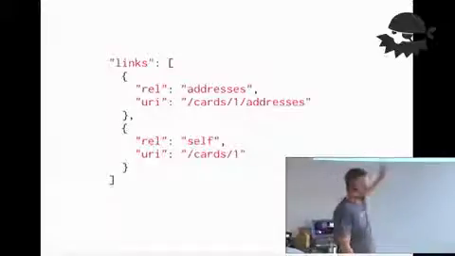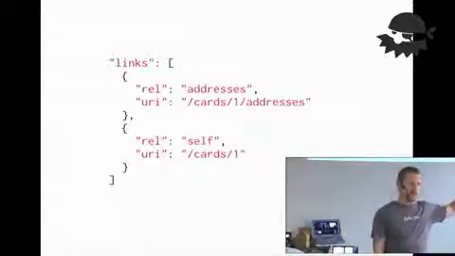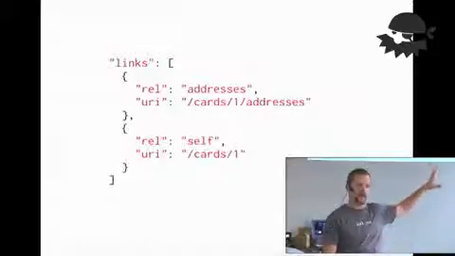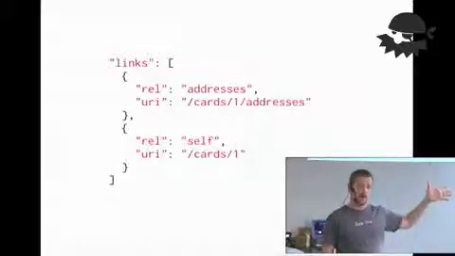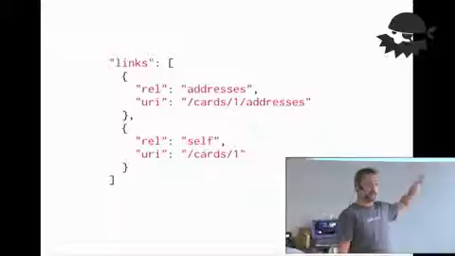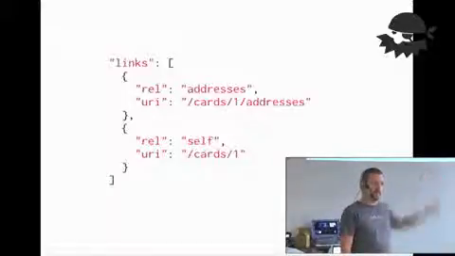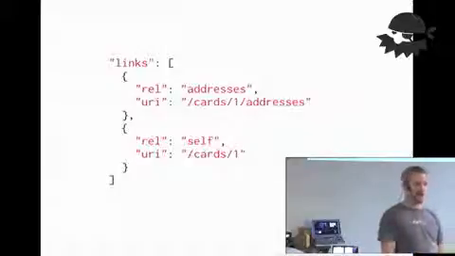And these could get long. You could have, for example, a point of sale system, and you have an order, and with the order, you might want to submit the order, which will create a purchase. So there might be a relationship that says submit order, and the URL is